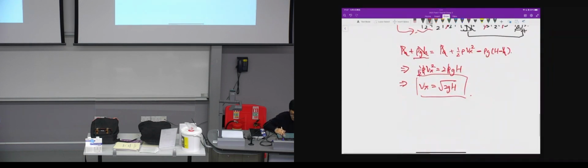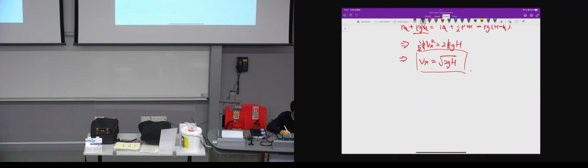So based on continuity, the velocity at point 3 must be the velocity at the top point. So then from point 1 to top, or maybe from point 2 to top, what we have